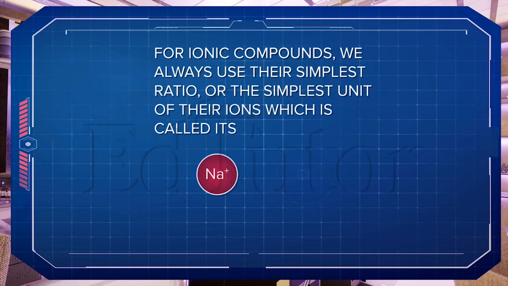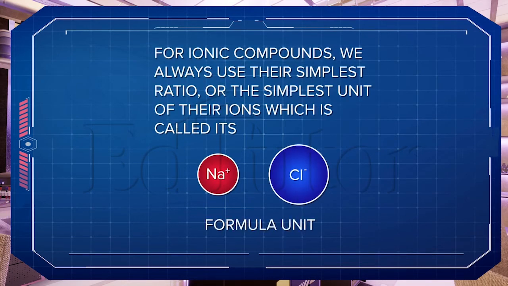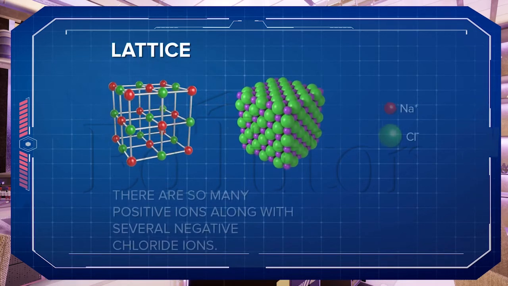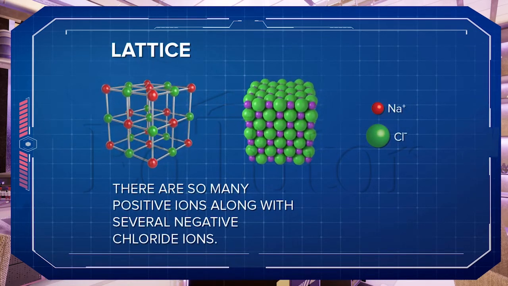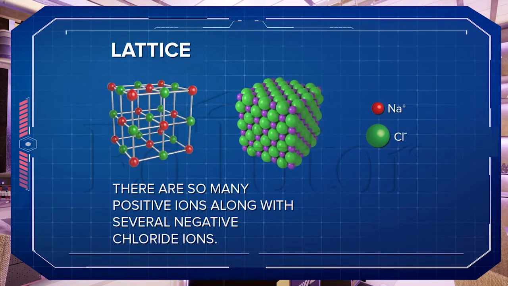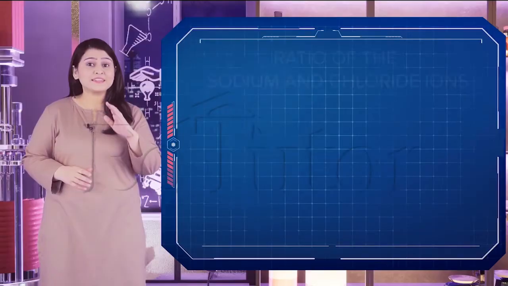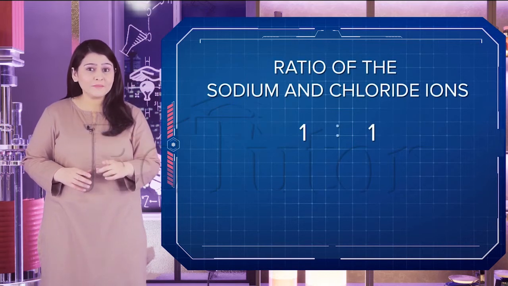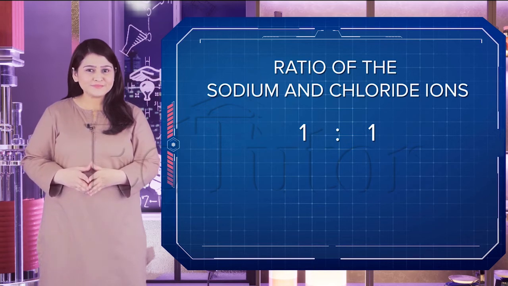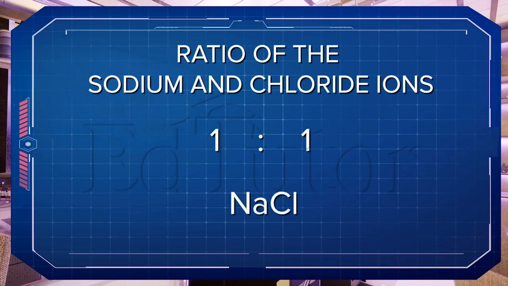For ionic compounds, we always use their simplest ratio of the number of ions present in the formula unit. So, if you look at the lattice of sodium chloride, you will find there are several sodium ions along with several chloride ions. But the simplest ratio of sodium and chloride ions will be 1:1. Hence, the empirical formula will be